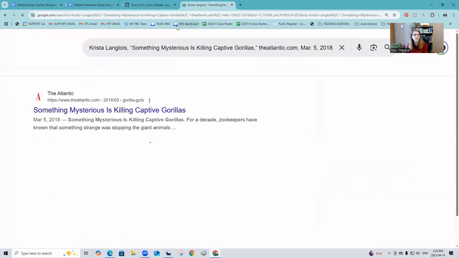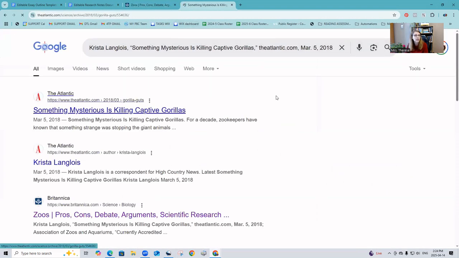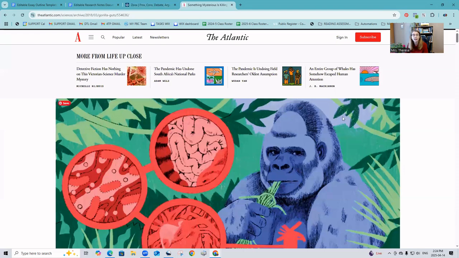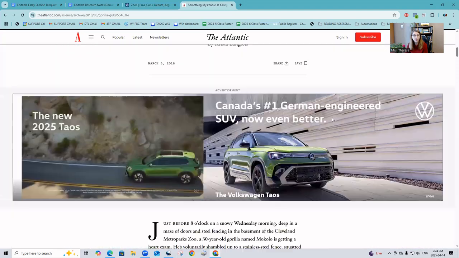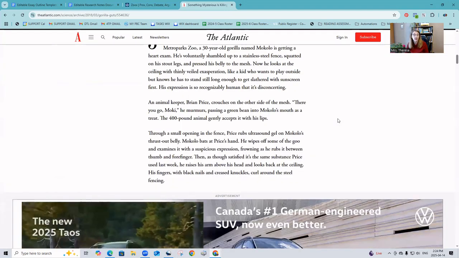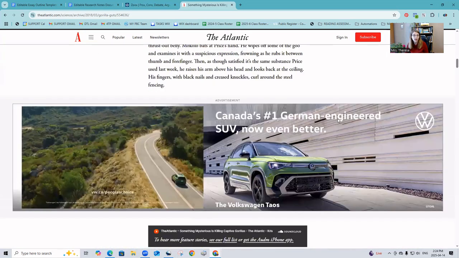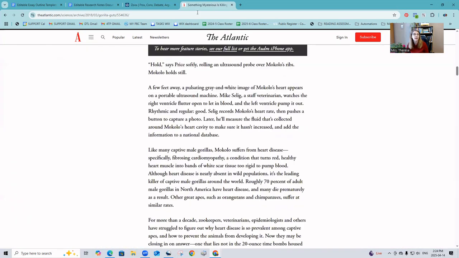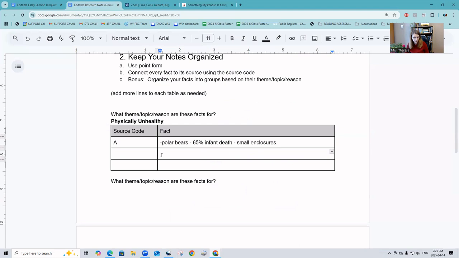And we're going to open a new link, and we're going to pop it in there. Look at that. There it is. Okay, this is the article that they sourced. Amazing. And there's probably more information on here, so we can use that one fact and find more information. All right, so we're going to first copy the URL and stick it on our research notes. And we're going to put a B beside it to make it different than the other source.